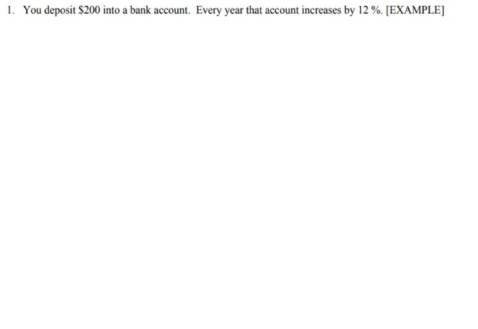So looking at this one, you deposit $200 in a bank account. Every year that account increases by 12%, which is insane. That's a huge interest rate. So you would be very rich very quickly. But let's just write the equation. So $200 is the initial amount